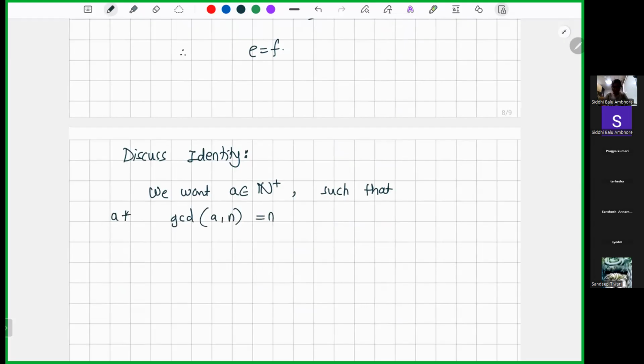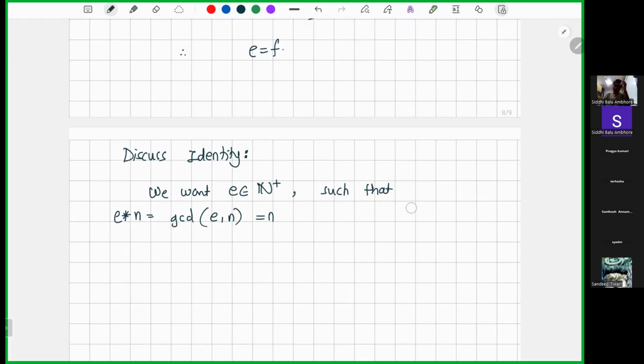This is my operation, for all n in N plus. That's what some element being identity means. Or let us write E, as we have been using E as the identity element. So I want some element E from the positive integers such that when I take GCD of E with any given integer n,